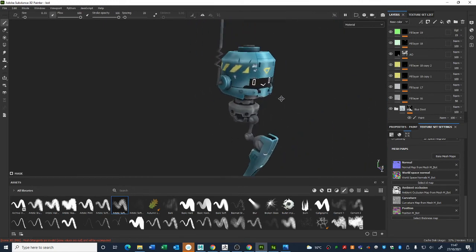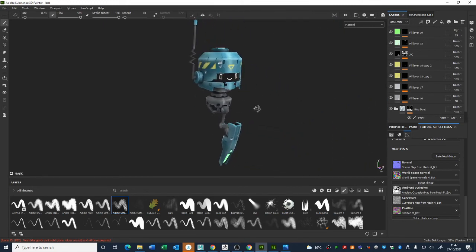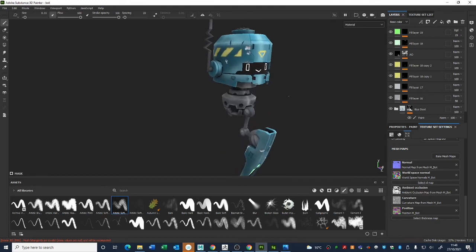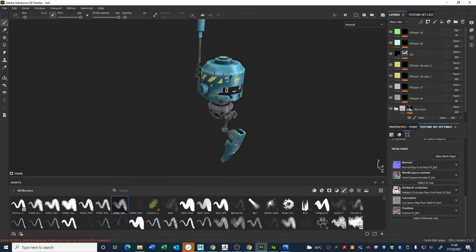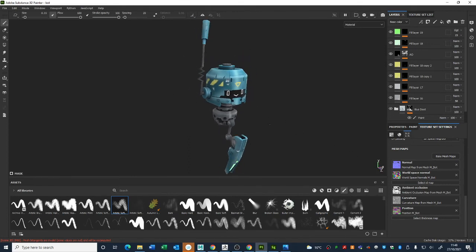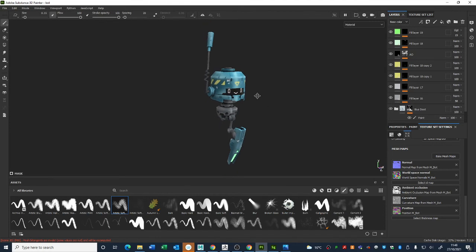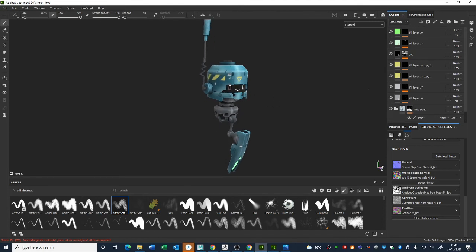So very quick run through of the texturing of this model. It took a couple of days for me. If this was my first time, it probably would have taken me a couple of weeks, or at least a few more days longer. The first time you go through texturing something, it's going to take you a little while